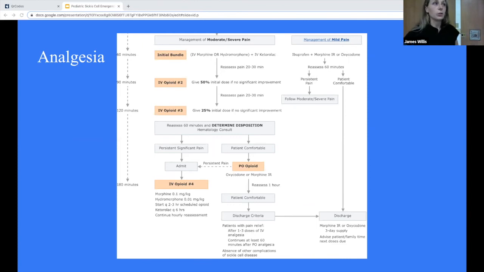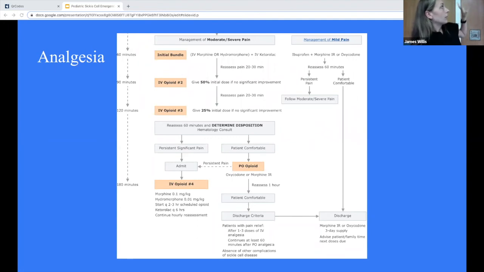So you should always treat their pain. If they're telling you they're in 10 out of 10 pain, then treat it accordingly. So this is just the CHOP algorithm of pain management in the ED for sickle cell. If their pain is mild, you can give them PO medicine and reassess. If they're having moderate to severe pain, you can start with